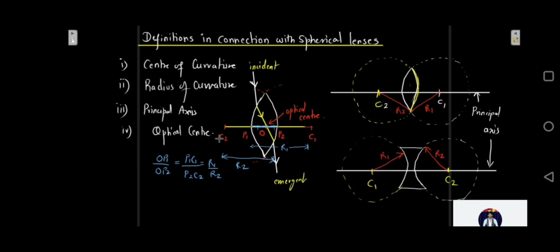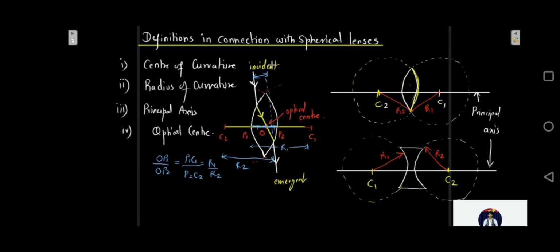So for the ray which is passing through the optical center, the incident and the emergent ray are parallel, as I told you. This ray over here and this ray are going to be parallel to each other. However, the emergent ray suffers a little bit of lateral displacement relative to the incident ray. It won't be exactly in one line. If you produce this ray behind, there will be this lateral displacement between the two rays.